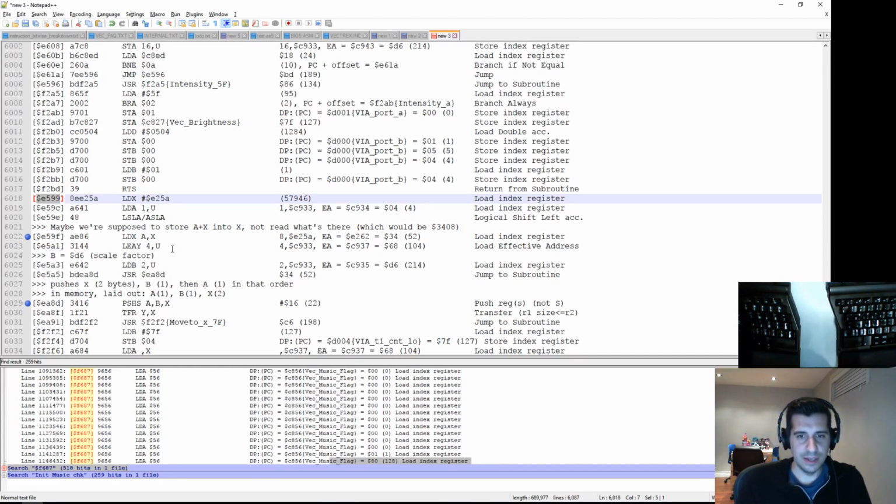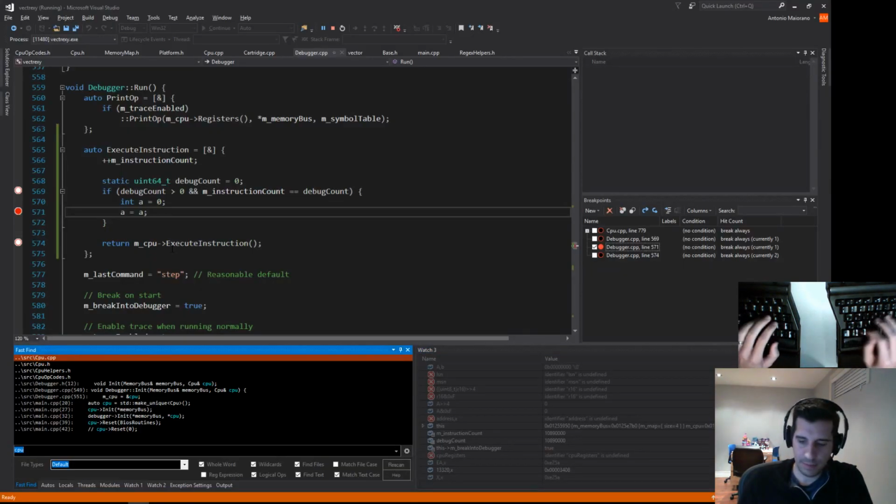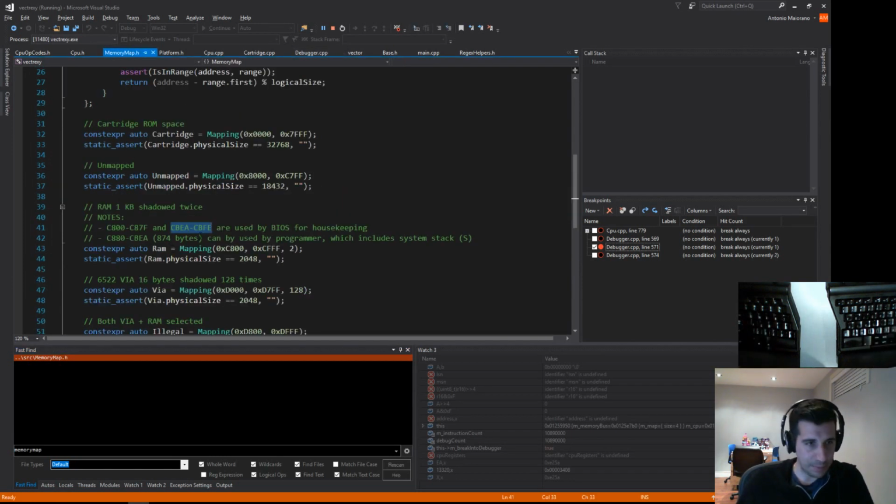I'm investigating a bug where what seems to be happening is it gets to a point where it tries to load a value from memory, and it's accessing what seems to be a strange address. It's an address that would be in the cartridge space range, and I don't believe that's right because we are loading Mindstorm, which is the built-in ROM, and should not be accessing the cartridge memory range. If we look at the memory map here,